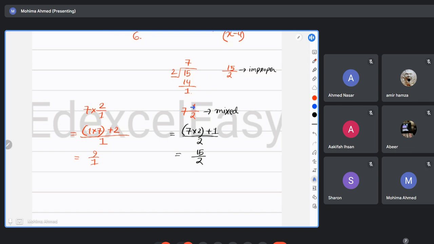You asked whether, instead of writing 1 over 2, I can write 2 over 1. I did the 2 over 1, and that does not return me to the original improper fraction. So that's why the format is always the same: quotient at the side, remainder at the numerator, and the dividend at the denominator. After this, is there any question, Nasir?